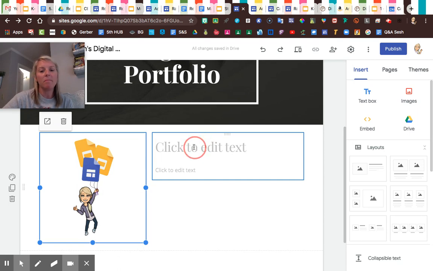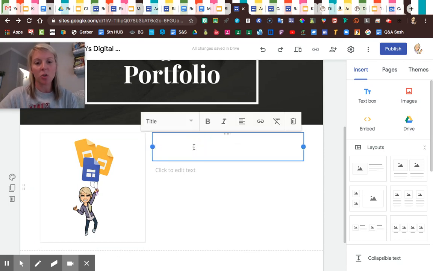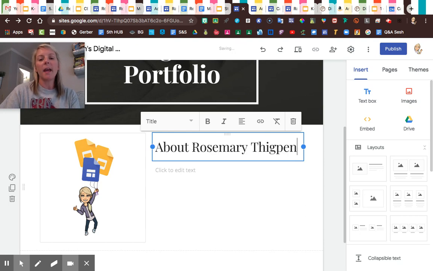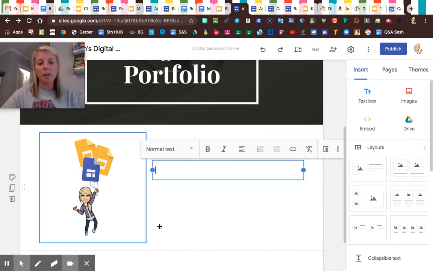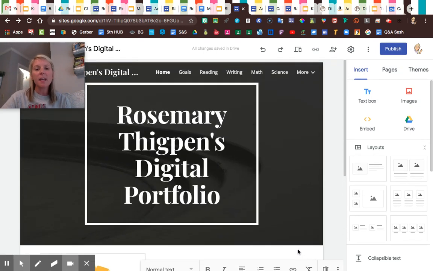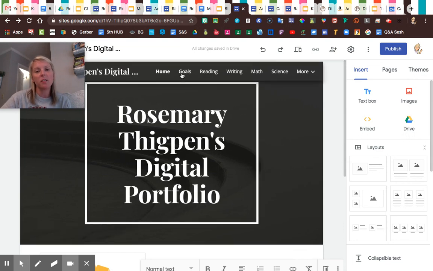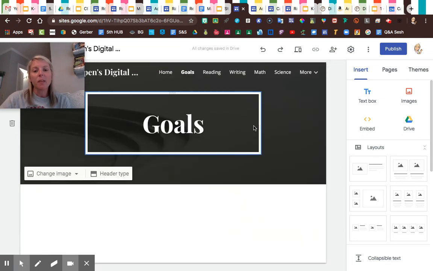And then I had the children do About and their name, and then they had to type what they wanted. You might want to give them a sentence starter to type with and to get them going with some ideas, just brainstorming. So they would type a little bit of About Me, and then they move on to their different pages. The goals,